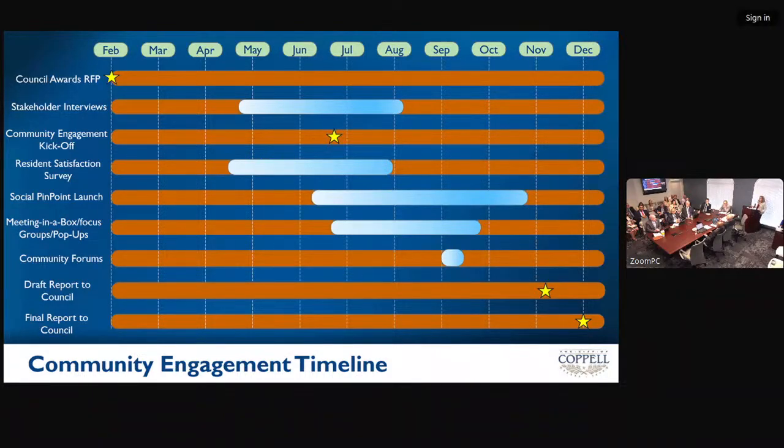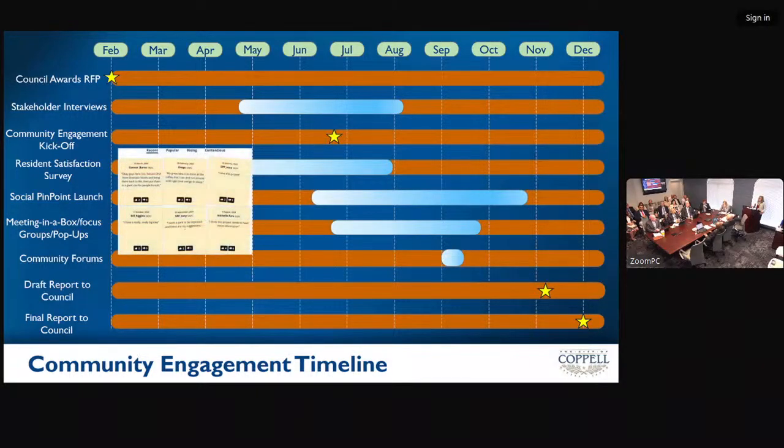So Social Pinpoint, if anybody engaged with the community experiences online master plan process, it was also through Social Pinpoint. That will serve as our online backbone for letting people know all of the things that are upcoming, when things are happening, where they're happening. They can get on and see, they can provide information.